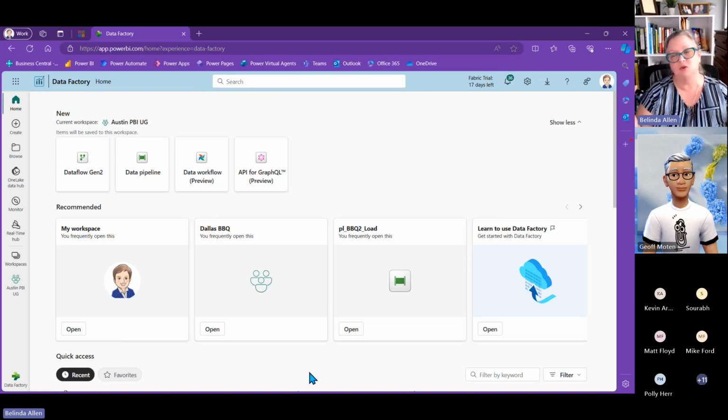The difference between the two primarily is a data warehouse is for structured data only, and a lakehouse could be for structured and unstructured data. So the oversimplified thing: if you're going to just use relational databases like SQL, your columnar, tabular type data, you could use the data warehouse. Otherwise, you want to stick to a lakehouse.